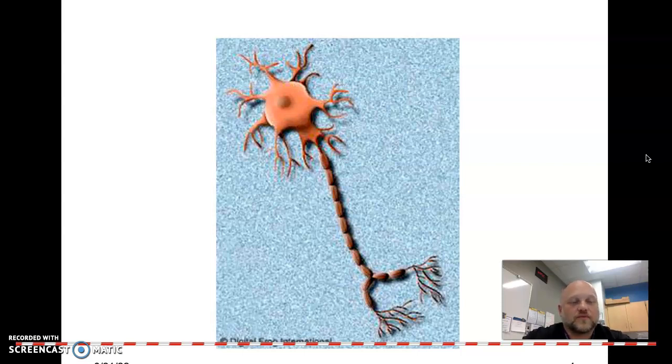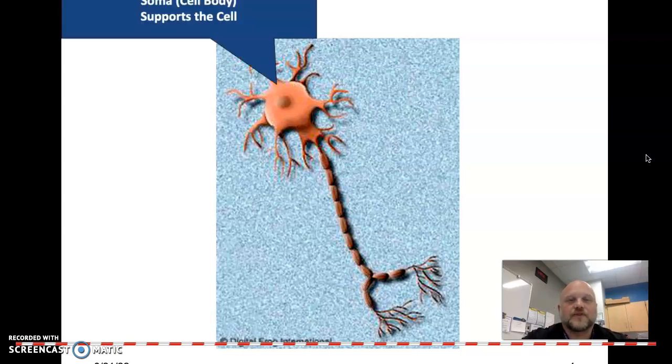So first, before you can really do anything else, you have to be aware of the major structures that all neurons possess. So we're just going to briefly go through those with you. First, you have the cell body, and you probably learned about cell bodies in your other science classes. We don't really get into these very much. We focus more on the structures that enable communication within neurons, but obviously there's important stuff that's happening in the